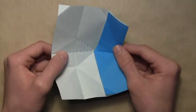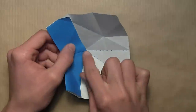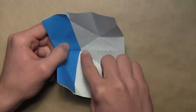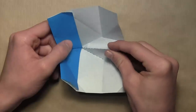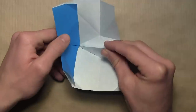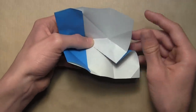And now we're going to do the same thing on the left. So we're going to rotate the paper, just like this, and I want you to focus on the 2 creases that I've marked here. So just like we did on the other side, we're going to start with this horizontal crease here, and we're going to pinch it from the top to make it a mountain fold. So we're going to pinch it like this, and as soon as that crease is a mountain fold, we're going to fold it down along this existing crease that I've marked here. So we're just going to fold this flap down, just like we did before,